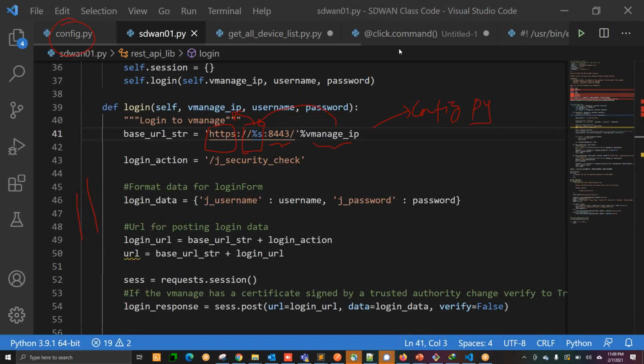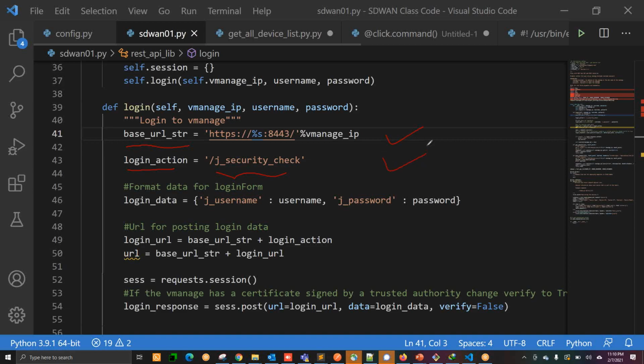So what are the things we have? We have the URL. Then whenever you log in, you'll find that there is j_security_check. Security check is there. Okay, security check means your username and password are correct or not. So you can see that your string and then your security check, correct?